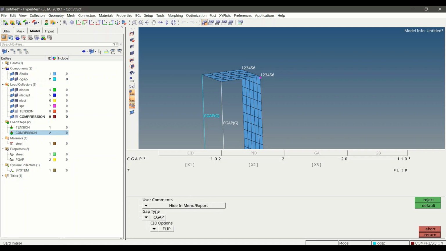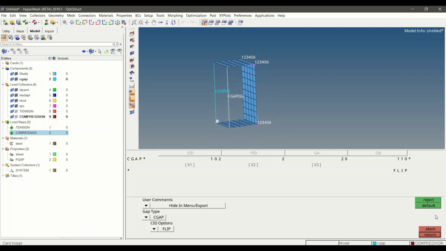What it will do is reverse the orientation of the x-axis of the gap coordinate system. So the CGAP element will behave exactly opposite to what we have defined in the previous way, that is we have to define the local coordinate system for that. So we will discuss this in HyperView